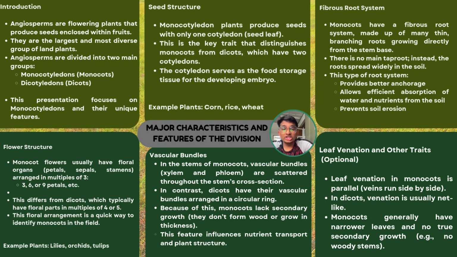Now I'm going to continue the presentation with an overview of the features of the Angiosperm plant division. Angiosperm monocotyledons. Monocotyledon plants are identified by their seeds containing a single cotyledon, which is the way to distinguish between monocot and dicot seeds. The flowers of the monocot plant usually have floral organs that typically exist in arrangements of three, which can be differentiated from a dicot plant, which only exists in fours